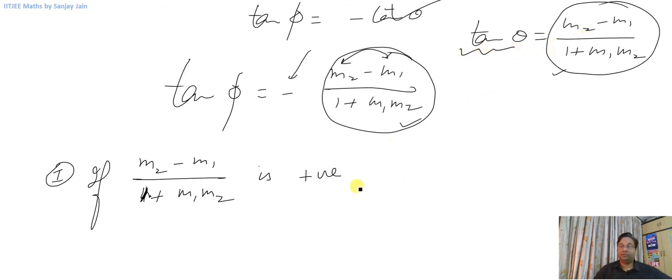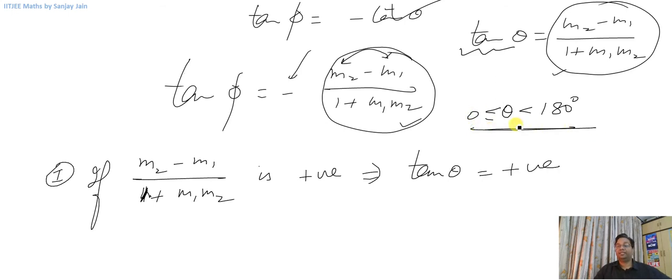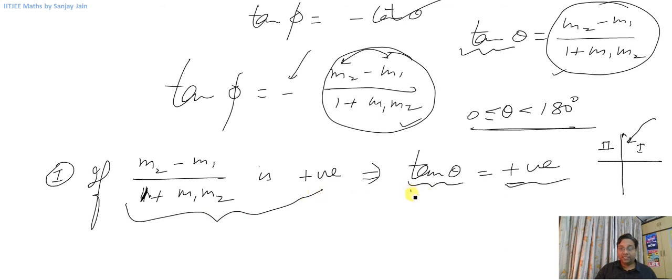Because tan theta is equal to it, we can say that tan theta is positive, right? And what is theta? Theta is the angle of inclination, so it lies between 0 and 180, right? If tan theta is positive, we are talking about the first and second quadrants where theta can lie, and since tan is positive, theta will lie in the first quadrant. So if this expression is positive, tan theta will be positive, hence theta will be acute,